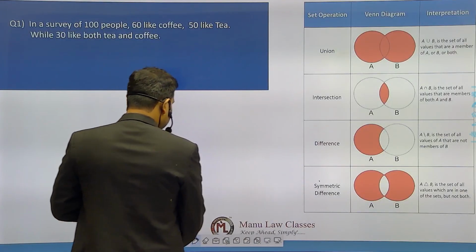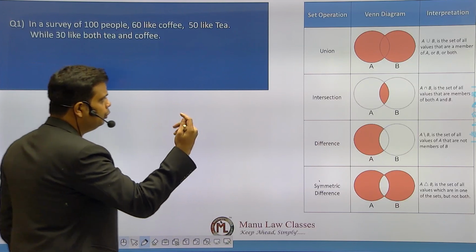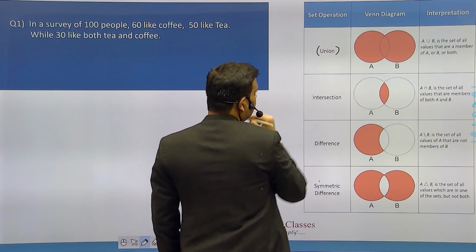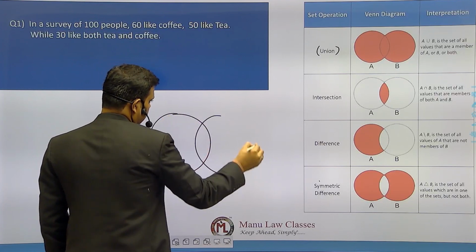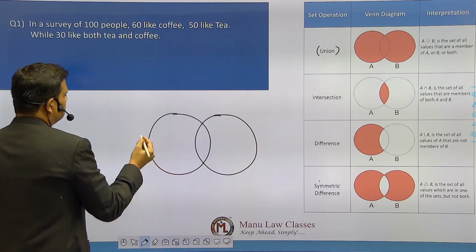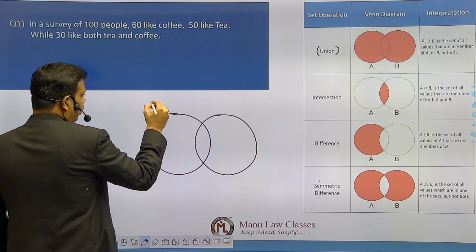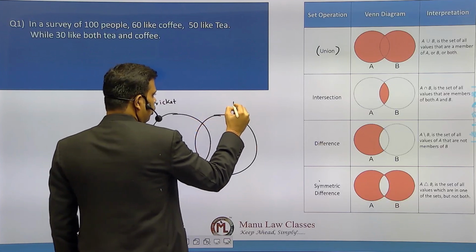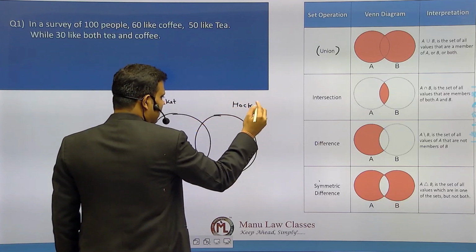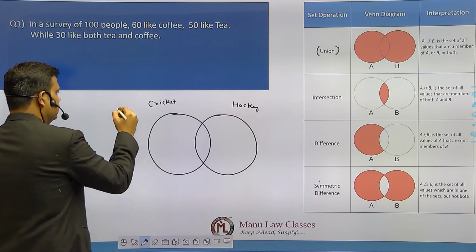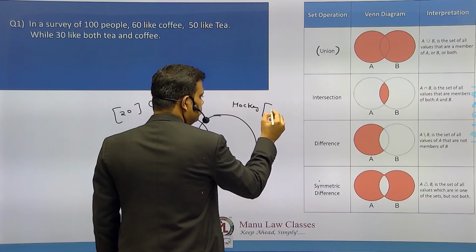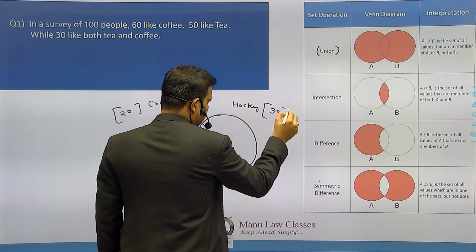If I come to the basics of set theory, what do we understand? In set theory, union is an important part. You must have studied in school what union is, right? Whenever we talk about two circles or two domains, what does domain mean? Let's suppose this A domain is for cricket, right? And the B domain is for hockey. And there are players, correct? In cricket, just assume there are 20 players. In hockey, I'm assuming there should be 30 players, correct?